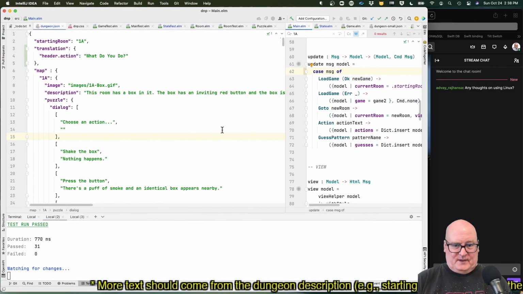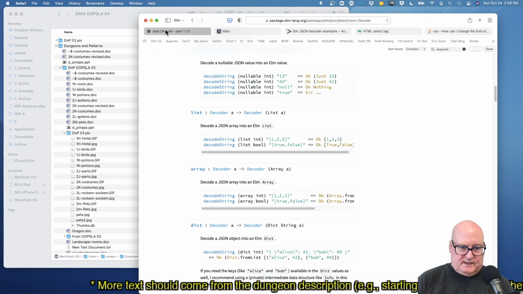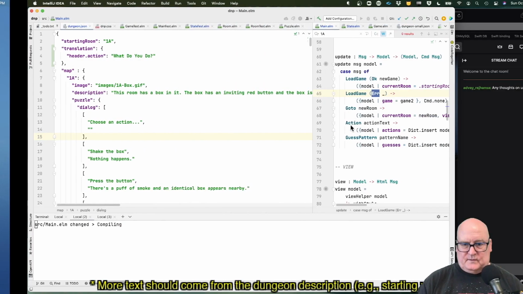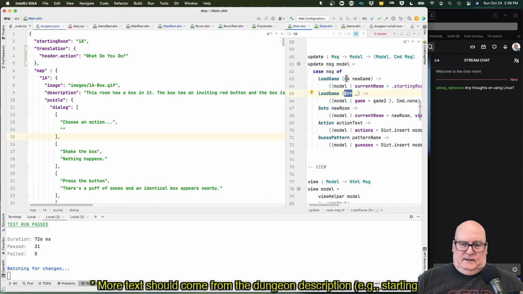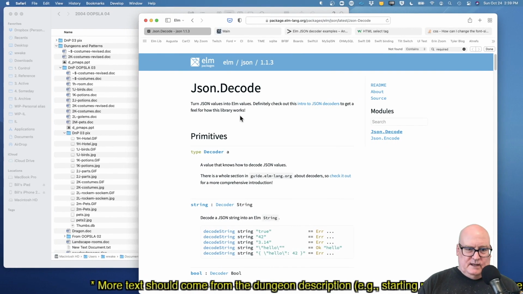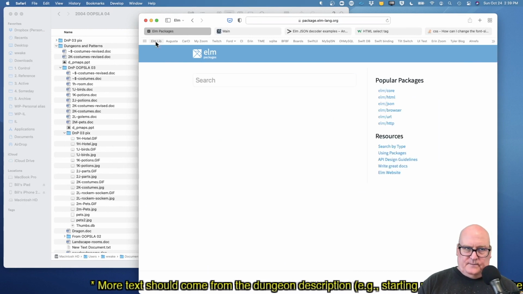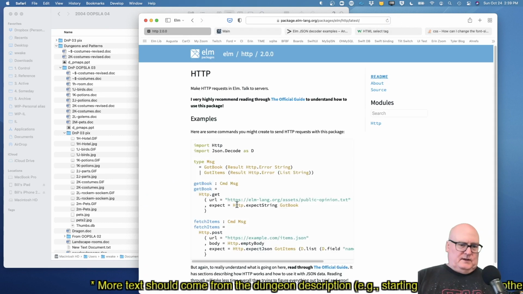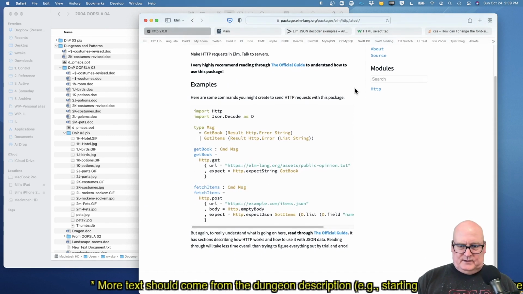All right, let's see what's going on with error. So this is error is coming. Well, it's part of our message. So load game. It's really an http.error. Let's see. And I think the deal is there that you have a subcategorization thing that gives you like 7 or 8 possible errors.